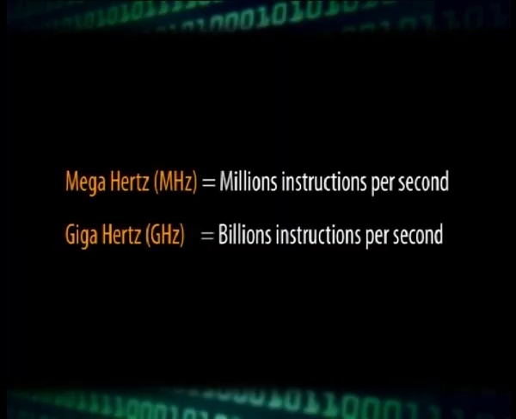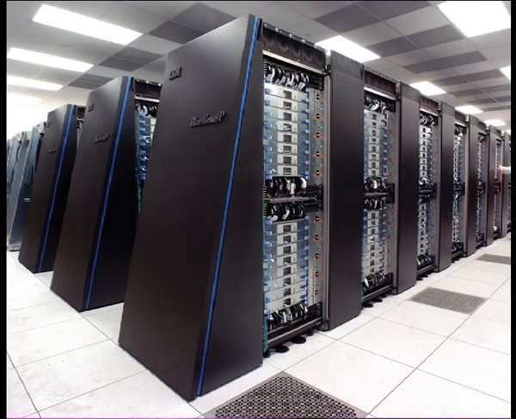A computer may complete a big task within a fraction of a minute that may take hours or even years when performed by a normal human being. The unit of measurement for speed of computers is megahertz, that is millions of instructions per second, or gigahertz, that is a billion instructions per second, for recent computers like desktops and laptops. Another example, a supercomputer can operate at speed measured in nanoseconds and even in picoseconds, 1000 to 1 million times faster